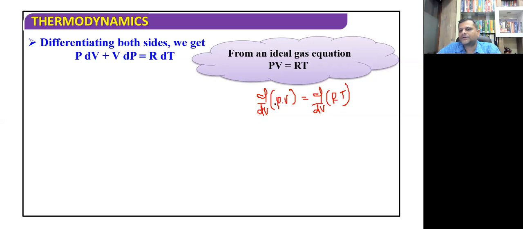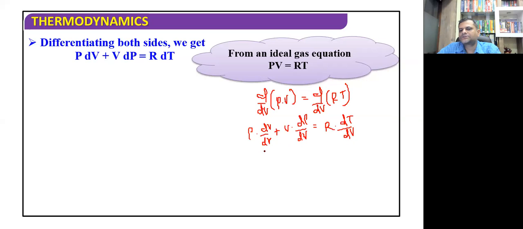So that here d by dv of pv, मतलब प्रोडक्ट रूल यूज करना पड़ेगा यहाँ पे, तो यहाँ पे हमको मिलेगा p into v का डेरिवेटिव which is dv by dv plus v into p का डेरिवेटिव which is dp by dv, and that is going to be actually equal to r is constant and here it will be dt by dv,